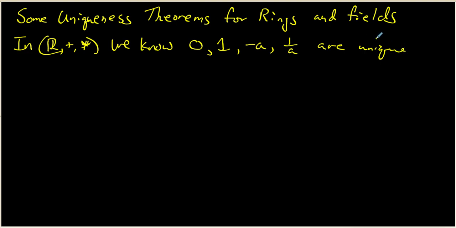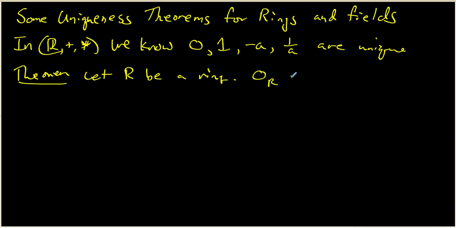And what we want to do is prove that this is actually true in any kind of ring, or any kind of ring with identity for the multiplicative identity 1. So our first theorem is going to be that R is a ring, and we want to simply say that its 0 element is unique. The way that we're going to prove this is that we're going to assume